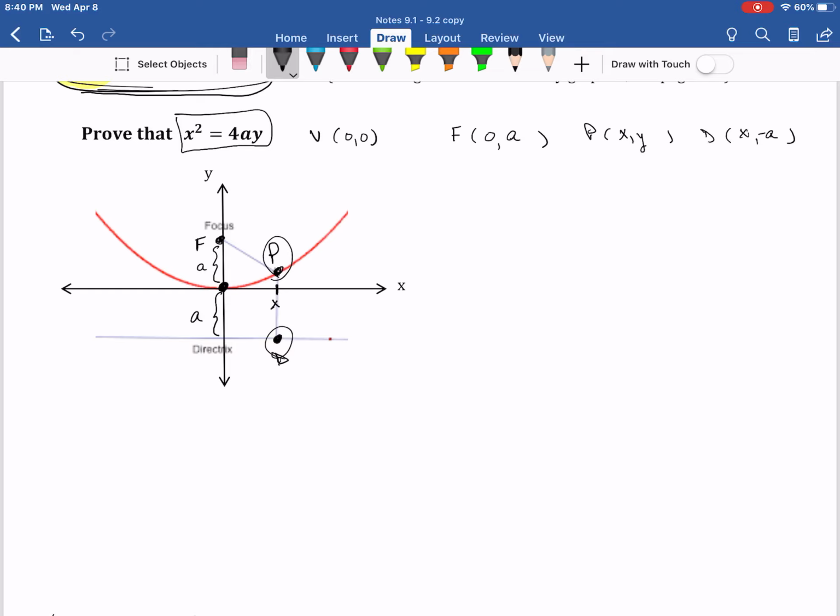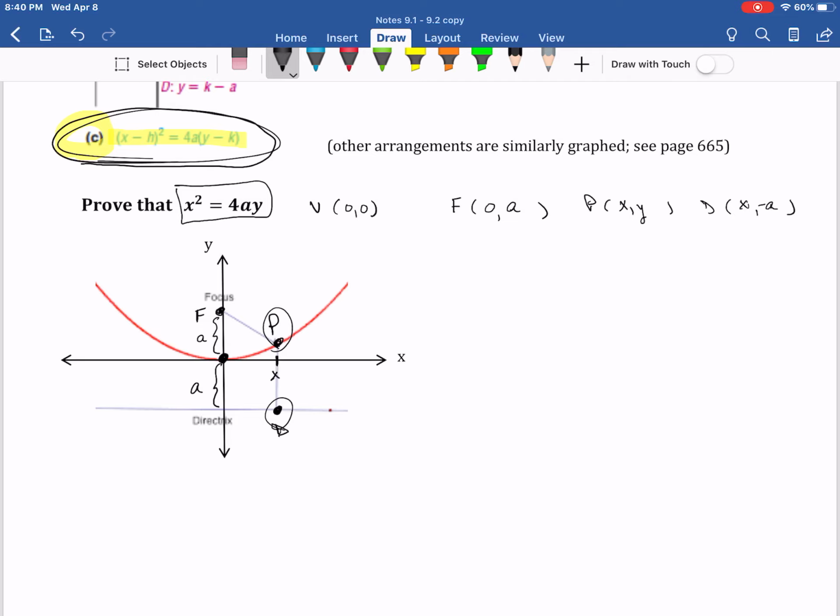All right, so what we want to do now is come up with an equation that relates this information. And we're going to use the distance formula. Do you guys remember the distance formula? Let me jot this down above. The distance between any 2 points is going to be the difference in the X coordinates squared plus the distance,